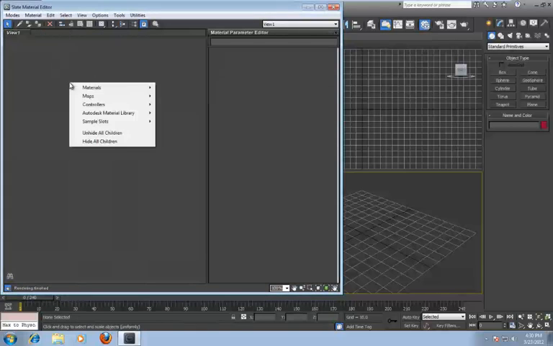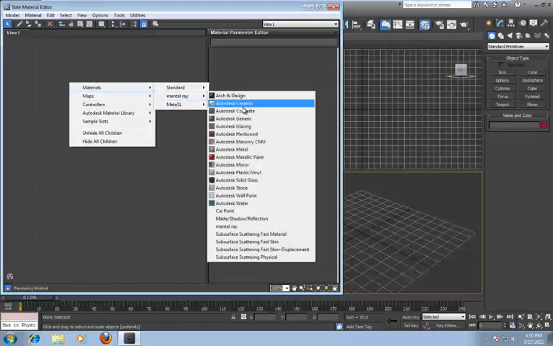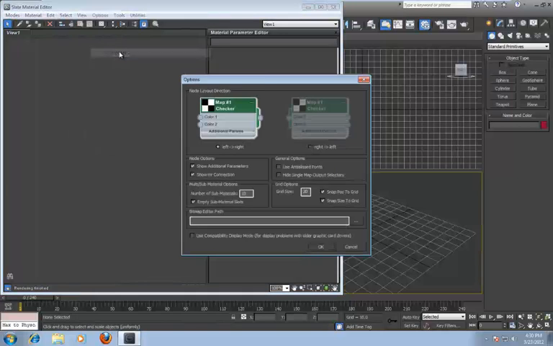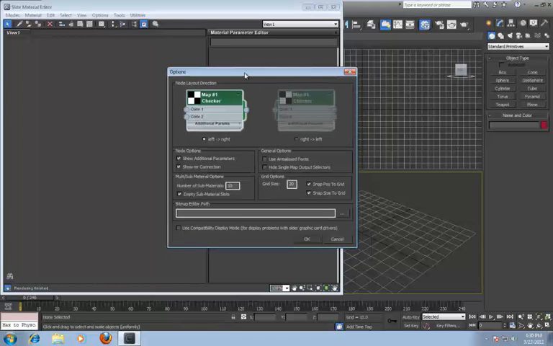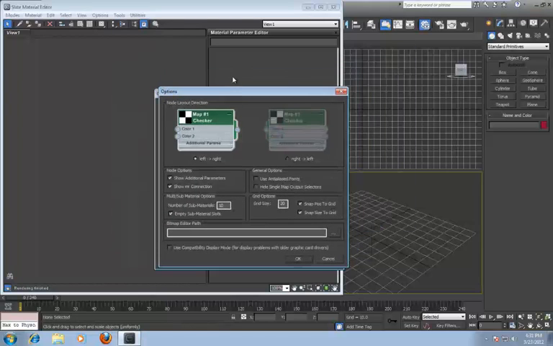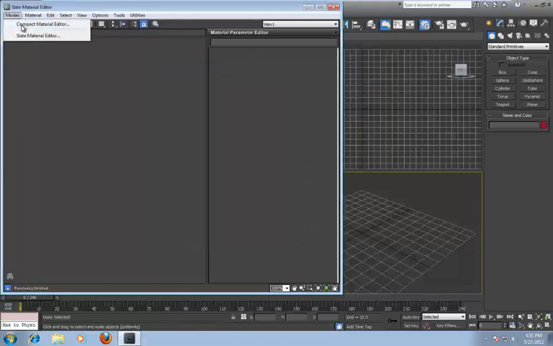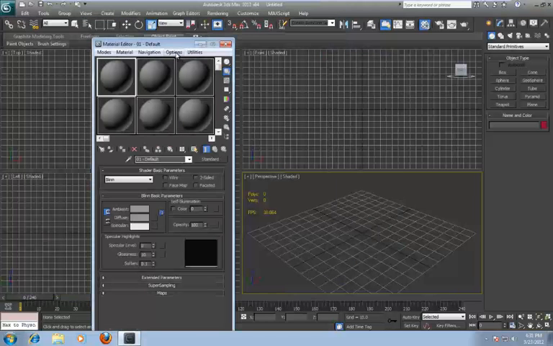This is mainly just because when I'm adding new things, I just right click, mental ray, add them in through the right click menu, and I don't need the navigator. It just takes up more room, especially when you're working on a limited screen resolution. So what I recommend though is, because this option isn't available, if you go into options, preferences, the next setting that I'm going to change isn't actually available under the slate material editor. It displays in the slate material editor, but you can't change it. So basically, if you just close that out, go modes, compact material editor, then go under options,